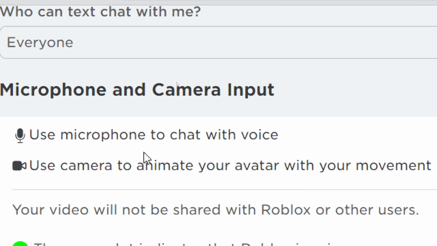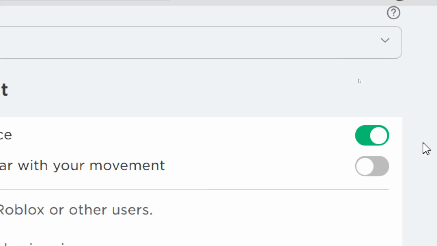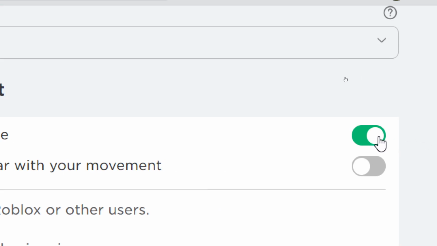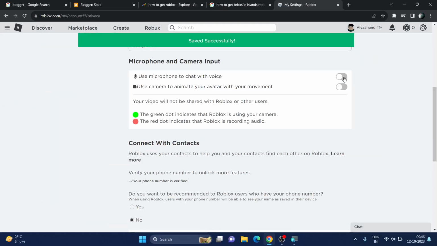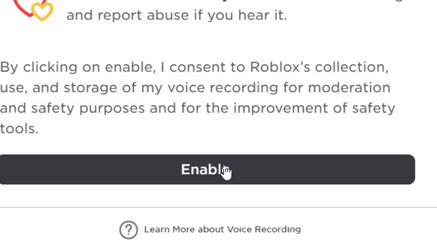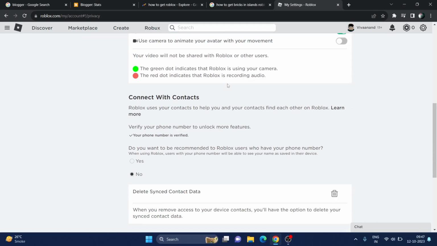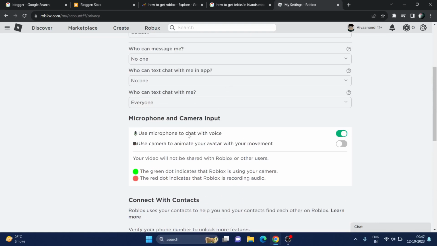Here you have to enable the microphone permission by tapping on this toggle button. Just tap on it to enable. And once you click on it, now you have to click on this enable button to enable your proximity chat on Roblox. And once you enable it, now you can open any game that supports microphone